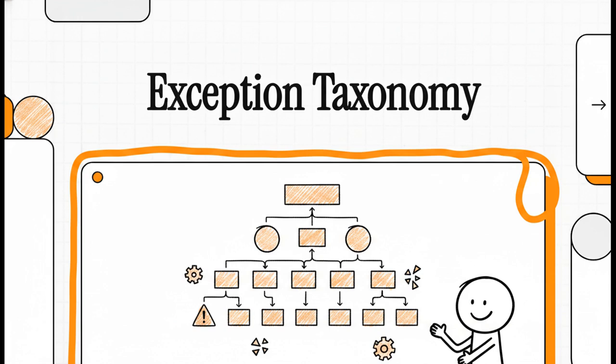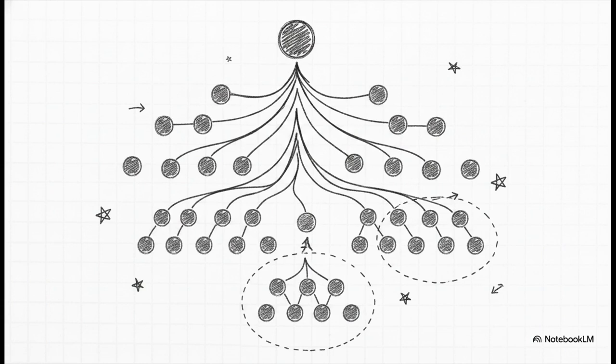Sound good? All right, let's jump right in and look at the map. So, let's start here. Python has this incredibly robust public hierarchy of built-in exception classes. And don't worry, we are definitely not going to list out every single one of them today. But getting a feel for the general shape of this map is absolutely crucial if you want to write truly resilient code. When you understand how these errors group together, you stop just guessing and you start making deliberate, smart